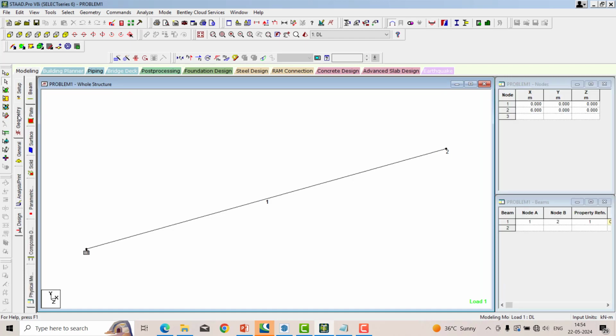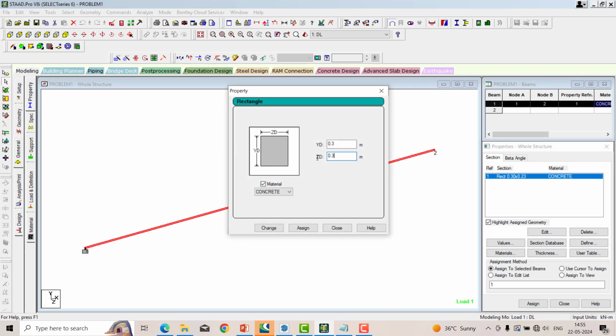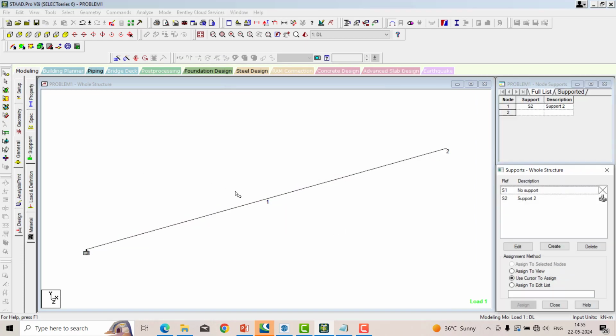So like this, once we get the result, even you can edit in each step, that is you come under the geometry and then the geometry is done now, and then general, property. If you want to change the property, then you just click over that property, define property, click on the edit option and then you change the cross section as 0.3, change it, yes, and close. Next, support. So rather than keeping this as a cantilever, for this node also I want to apply. So you can go ahead with the different conditions and define it as problem 2, problem 3, like that. So you will get plenty of customization for your practice purpose.